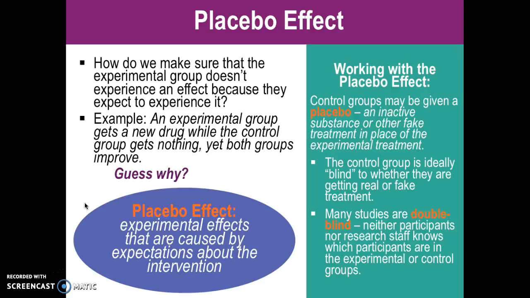All right, so I have to explain double blind because it's really confusing. Double blind is where the participants and the researcher both do not know which participants are in the experimental group or the control group. Now the best example I can give you is, how many of you watch Grey's Anatomy? I love Grey's Anatomy. It's one of my favorites. I've loved it since it started. So anyways, we have Grey and we have McSteamy, whose name I don't remember. Anyways, McSteamy. And they were doing an experiment on